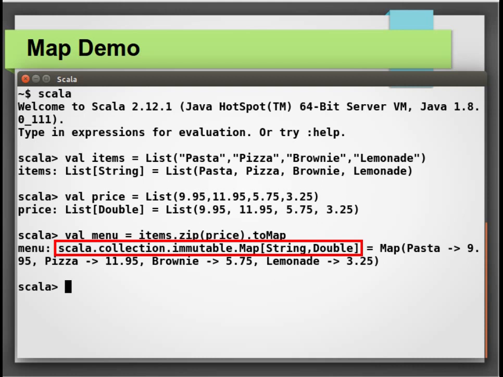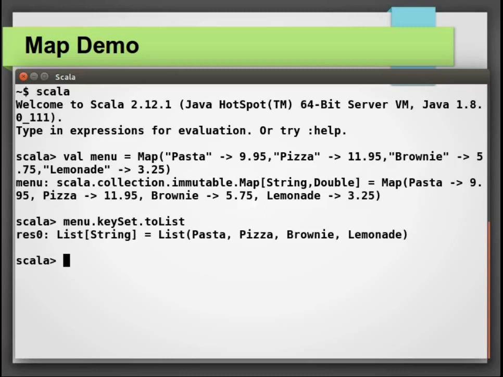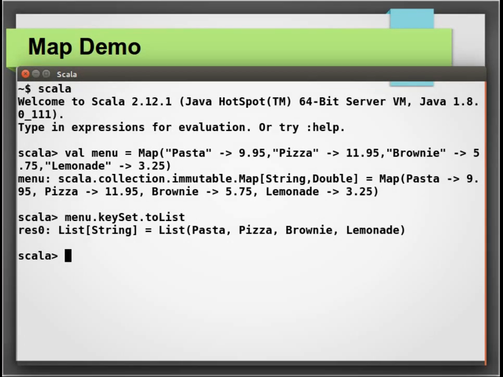Converting a map into list of keys or list of values is really simple. We can also separate out our map into two lists. As you can see, to get a list of keys, use the methods .keySet.toList. We invoke these two methods one after another, and what we have is a list. By the way, the result of first method called .keySet is a set of keys.